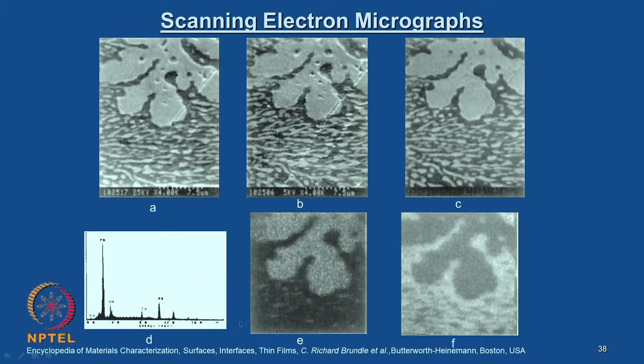And what you see in the other images, this figure D is an EDS spectrum, and E and F are elemental analysis maps, and the spectroscopic details we will discuss later in a separate lecture series. Right now my focus is only on the SEM imaging. We will talk about this elemental analysis and how it is done and what are the limitations with the existing spectrometer and so on, in a separate lecture series.